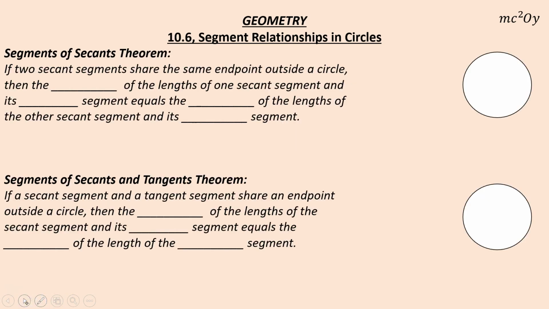let's go ahead and talk about 2 other theorems here. If 2 secant segments share the same endpoint outside of a circle, so let's go ahead and put an endpoint here. We'll label that endpoint E. We'll go A, B, and you know what? I'm going to just have it stop at the end there. C and D. That's wrong. Now let's try that again. D. Okay. And what we know is then the product